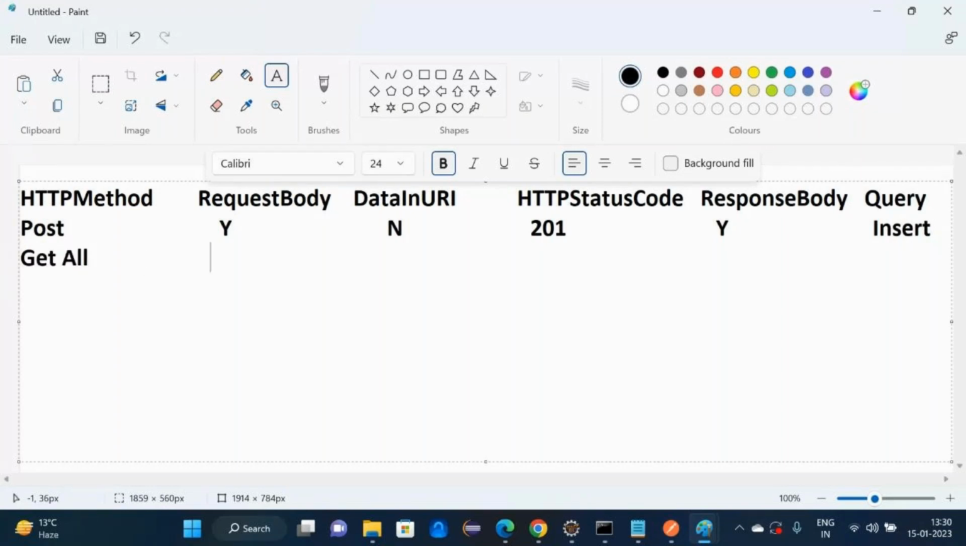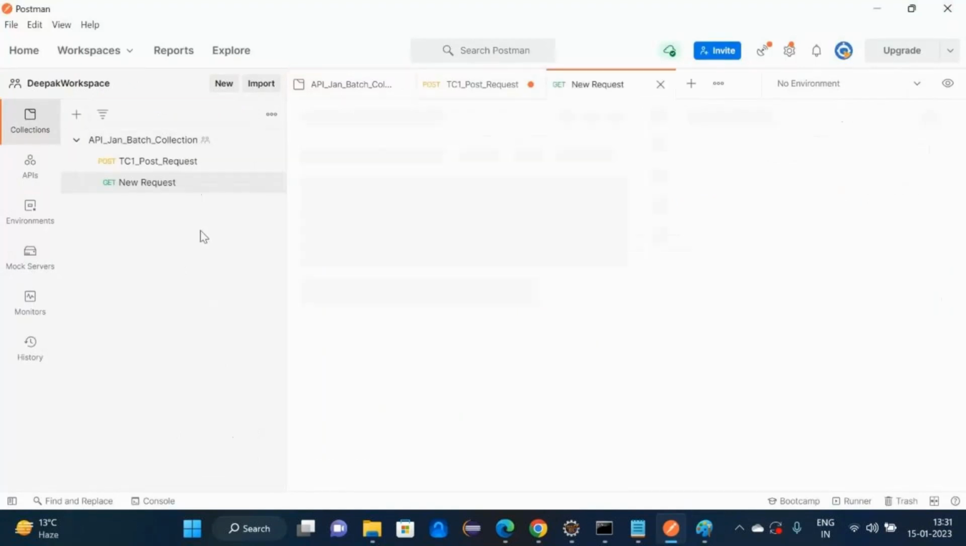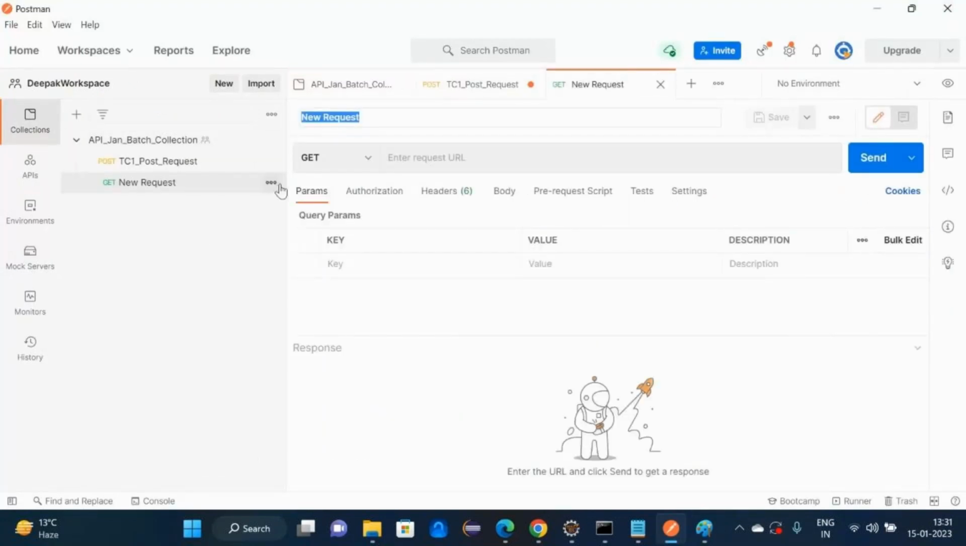Now let me get all. Request body will go? No. Data in URI? No, because we are fetching all the records. Status code 200. Response body will come, yes. Which query? Select. Okay, add request, rename it